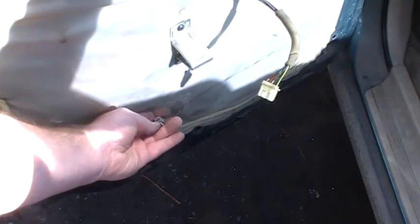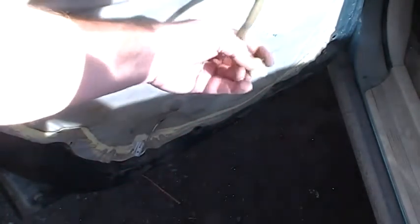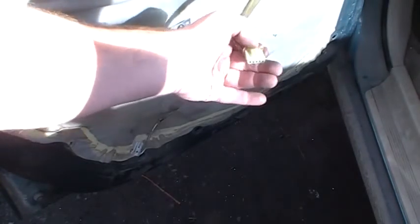I just squeezed this back tab, and it slid right out. On this one, you had to kind of reach in and squeeze the tab in the front. So I used a panel tool to do that. You go in, squeeze down, and then it'll come out. It looks like you squeeze the back, but you can't. You got to squeeze the front, and that'll allow it to release. And so next we got our,